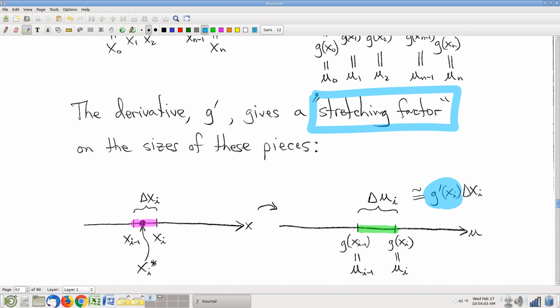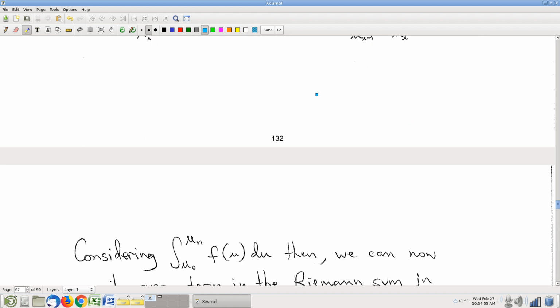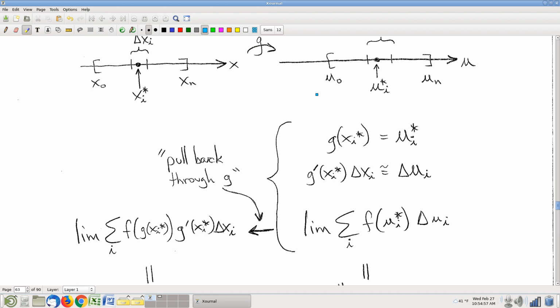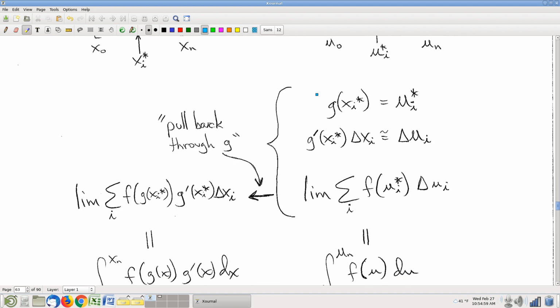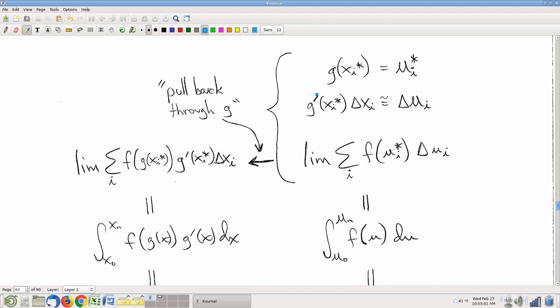So we're going to carry this forward, the idea that little pieces on the left turn into little pieces on the right, and they can be viewed as having their sizes stretched by a factor. Okay. The next idea is, and of course all the details are going to be different, that with a stretching factor identified, there's our stretching factor in this case,